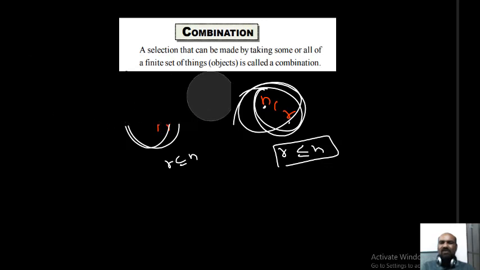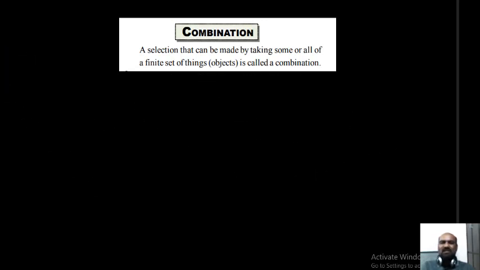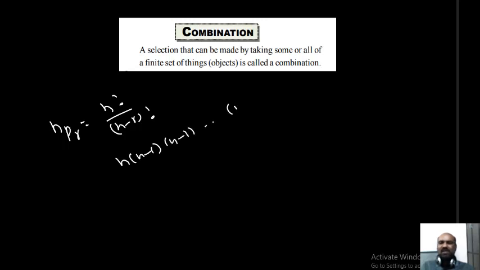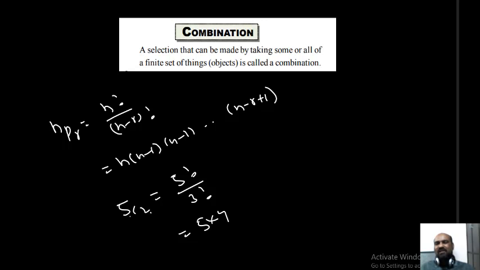Now I want to derive the formula for nCr. For nPr we already derived a formula, that is n factorial by (n minus r) factorial, or n into (n minus 1) into (n minus 2) and so on, up to (n minus r plus 1). Both give nPr only. For example, 5P2 is given by 5 factorial by (5 minus 2) factorial, that is 3 factorial, or directly 5 is reduced 2 times, 5 into 4. Both are same. Like that, what is the formula for nCr? How to find the value of 5C2, 6C2 directly?